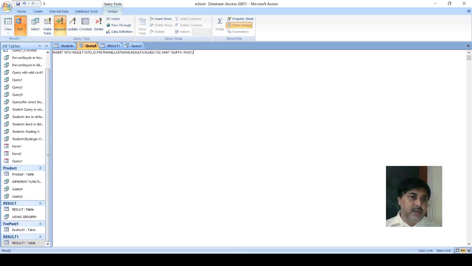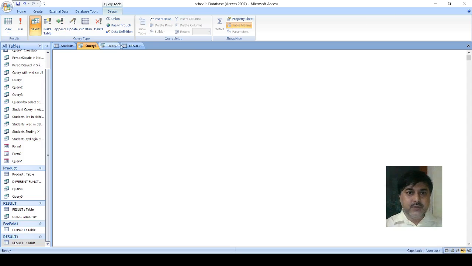Now you run it. As you run it, obviously it will show an error if there is some spelling mistake in this particular one. Okay, now let us run it, because for a single run, one row can be appended. So this way we can append the value and add it. Now let us see the final table that is coming in front of us. In this way we will add all the values.